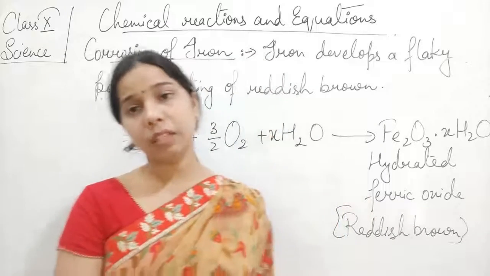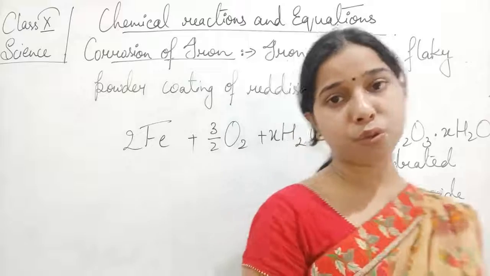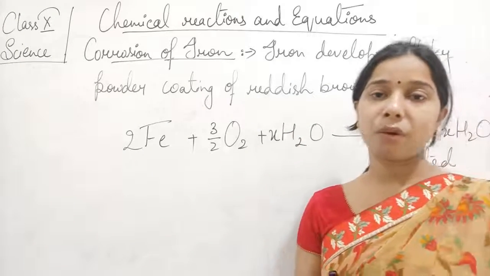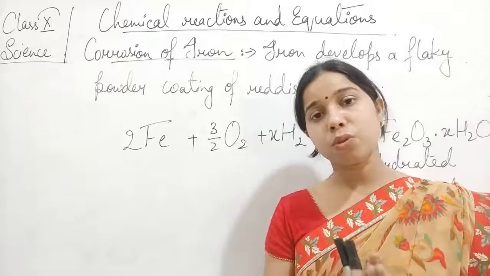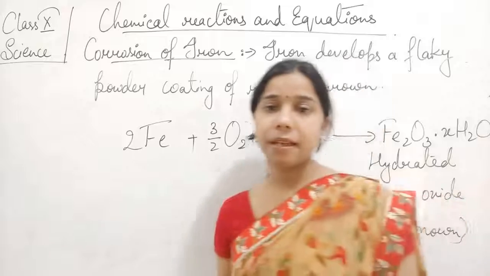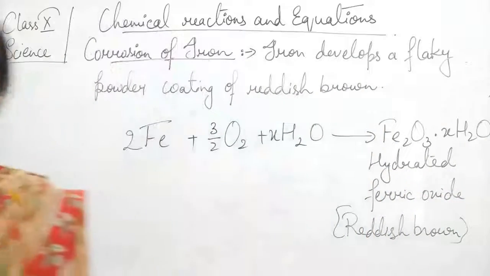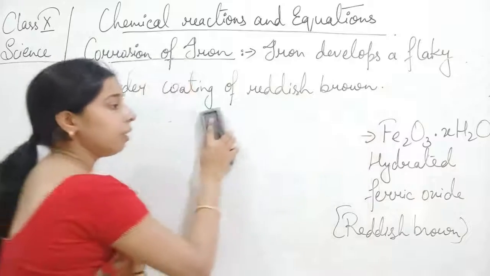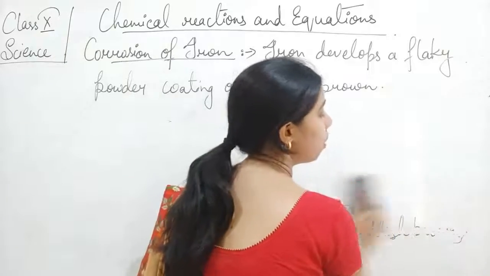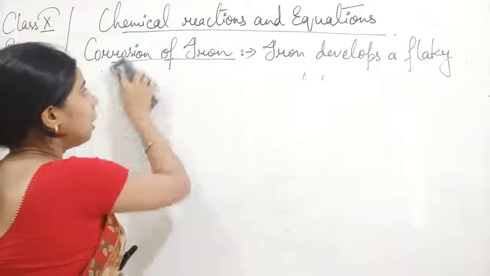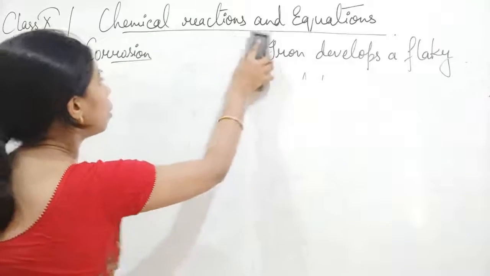So we have seen here 3 examples of corrosion, in which when the metal is exposed to the light, the moisture as well as the air, it will react with the air, it will react with the moisture, and there is a formation of another layer which degraded, which destroyed the surface of the metal, and that we call corrosion.